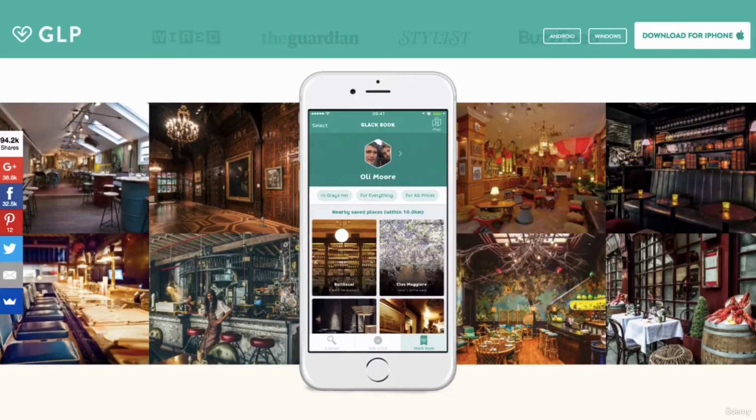So I'm going to bring back this example of Great Little Place, which is an app that allows you to discover essentially cool things to do in London. And I think it's user submitted with a little bit of curation as well. The reason I want to talk about it is because we saw earlier on how they collected emails through their landing page and gathered interest in this app, but they didn't go straight away jumping into building the